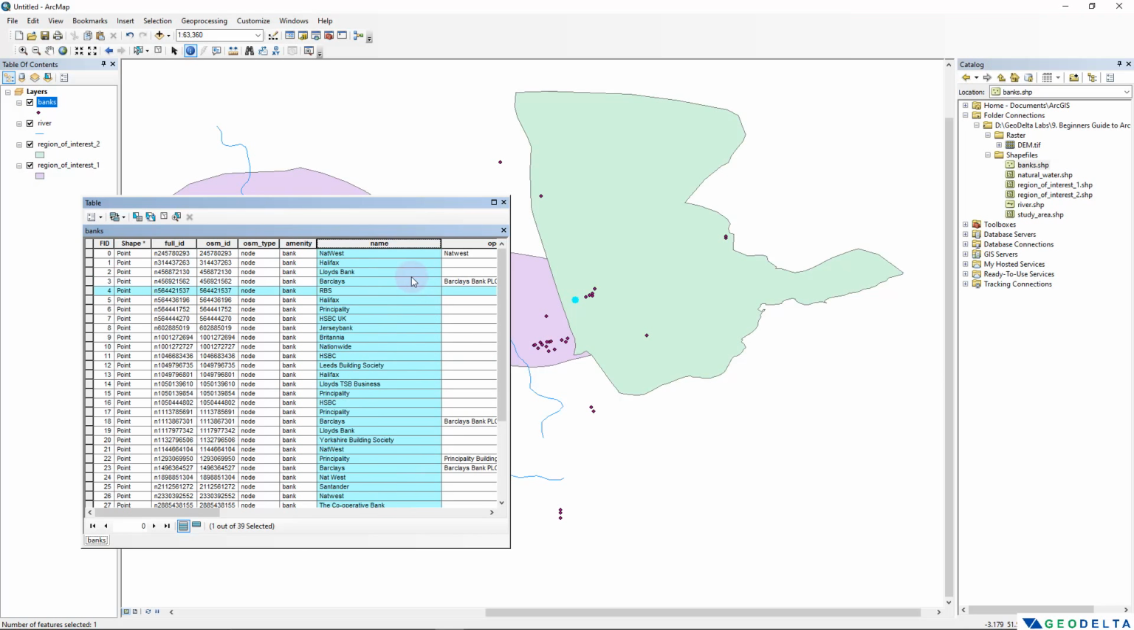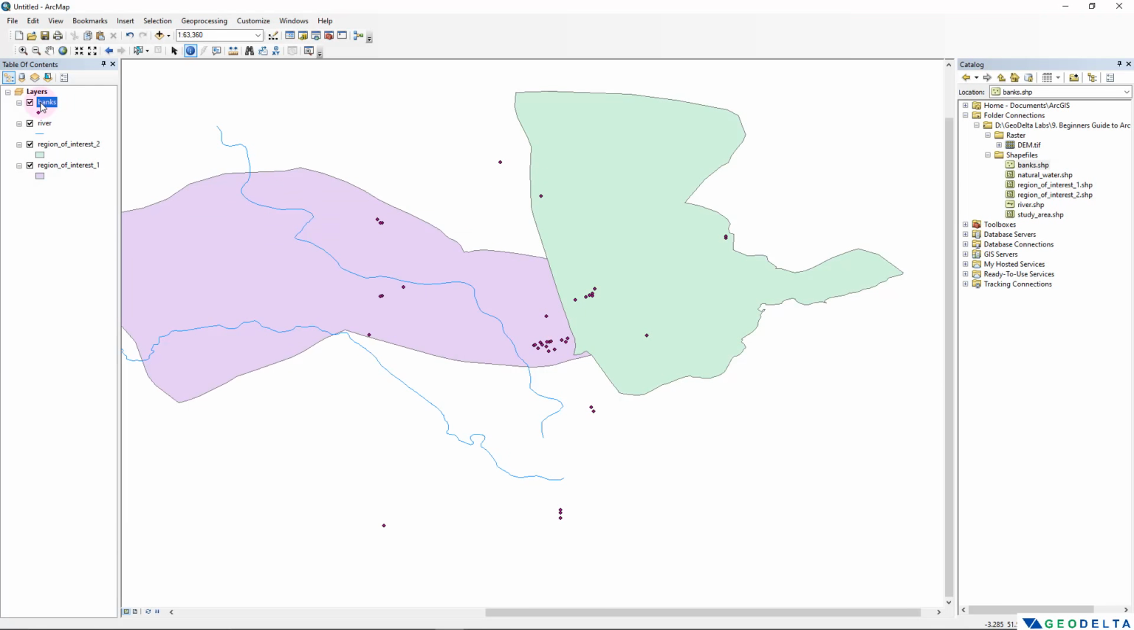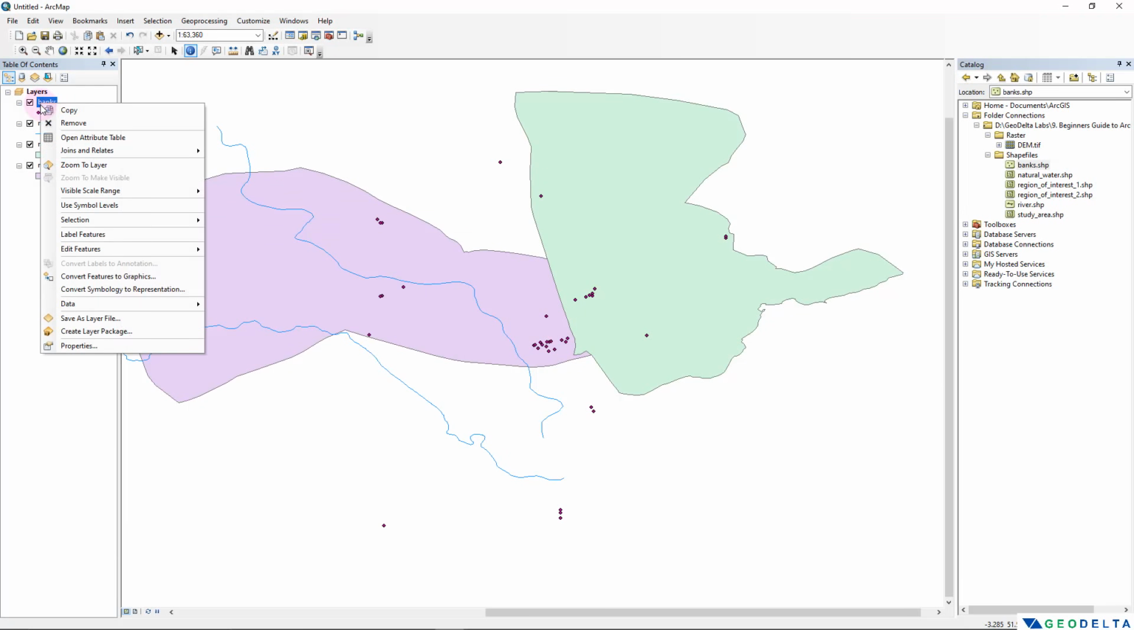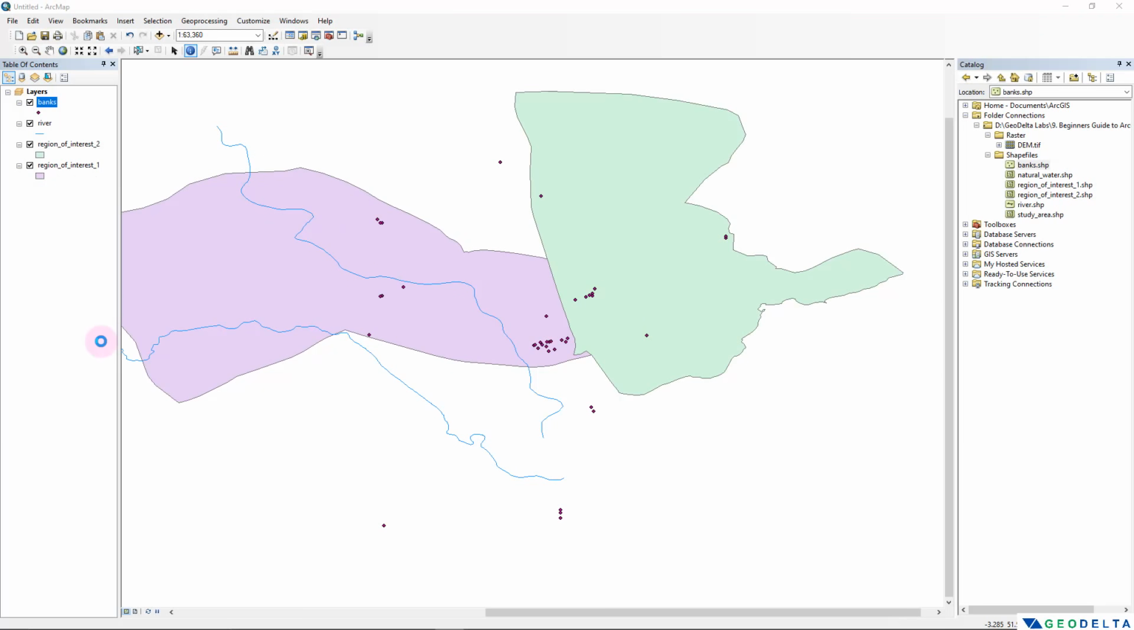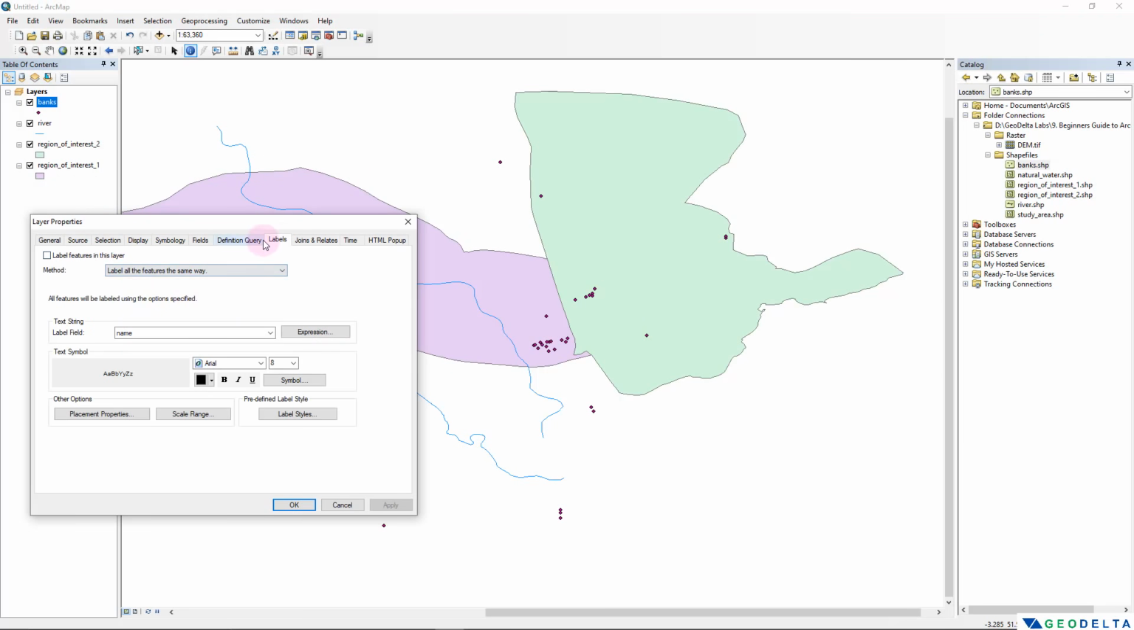So what I'm going to do is just keep in mind that the name of these banks are stored under this name column. So I'm going to deselect everything. And what I'm going to do is right click over here and go to properties. And under these properties, you have one tab called labels. So I'm going to click on these labels and put the tick mark for this label features in this layer. And after that, over here,